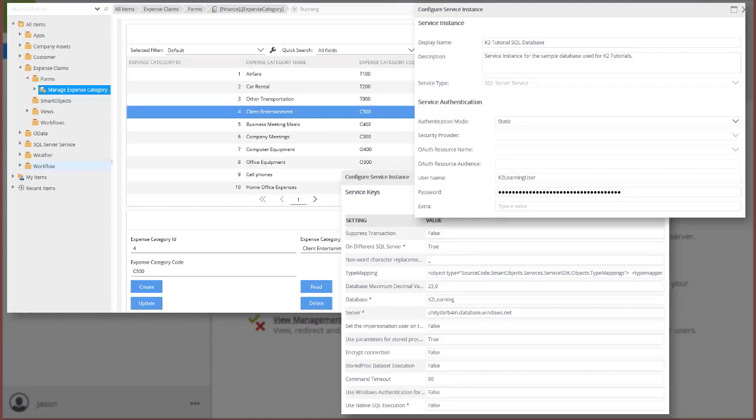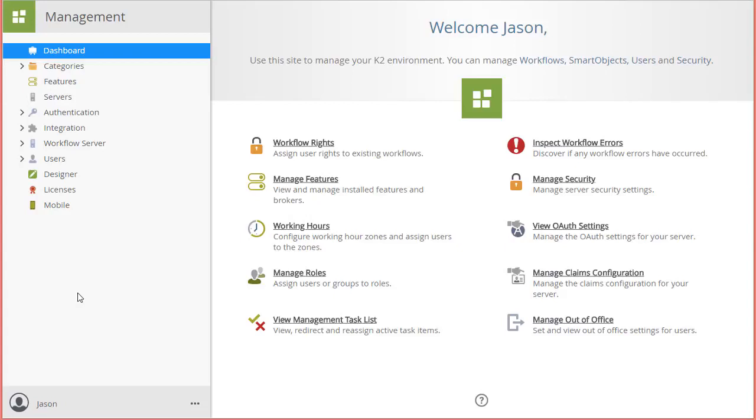The goal here is to show you how to wire up a SQL Server Service instance to a smart object and a view. To save some time, I do have the K2 management site already open in my environment here on the screen. Before we can create a smart object for this database, we first need to provide K2 with the connection information and expose a database and its objects as a service by creating a service instance in the